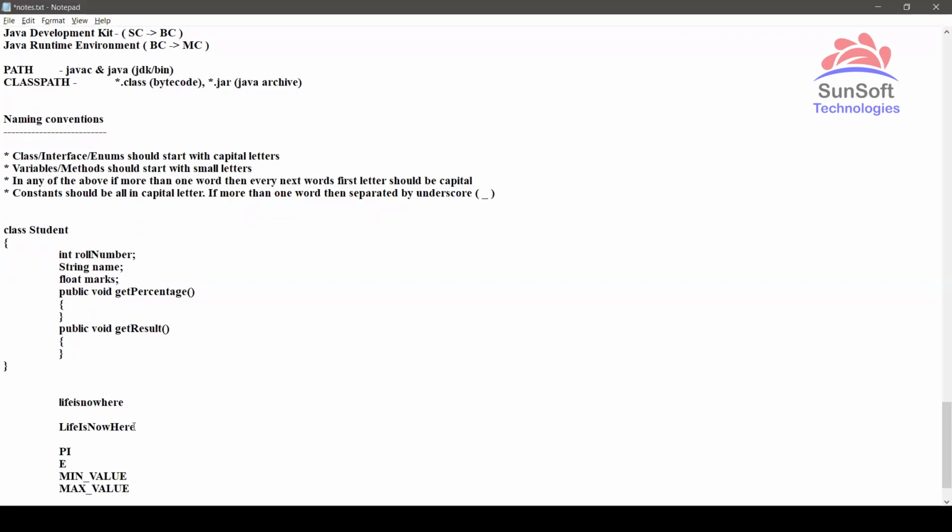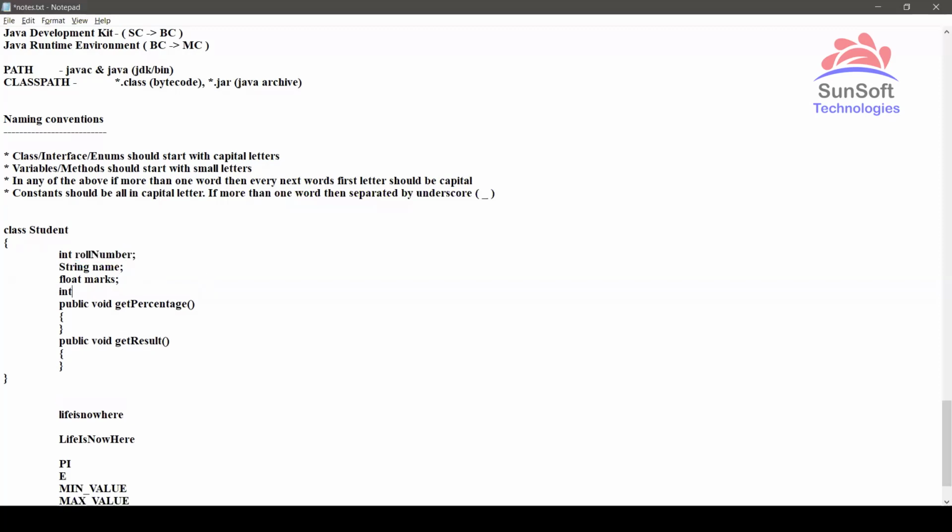So see, now easily whenever we see such kind of variables, we can identify that it's a constant, I cannot modify that. Rather than specifying this as min value, here itself I can specify int min value. If I am following it like this, int min value is a variable which can be changed. But if I just make it final, then it is better to specify MIN underscore VALUE, just to denote that it is actually something which is constant.